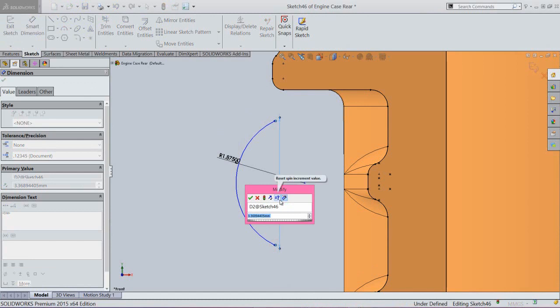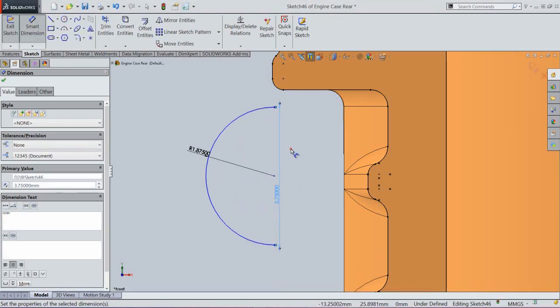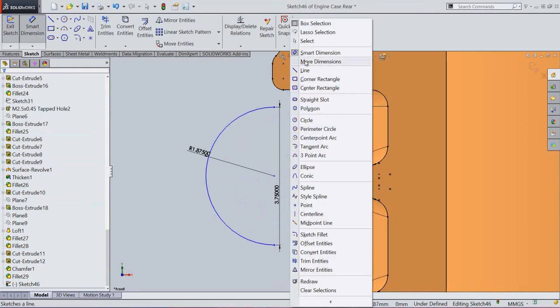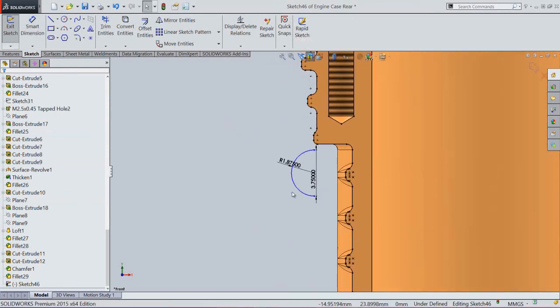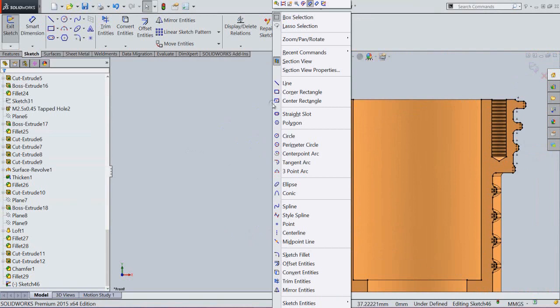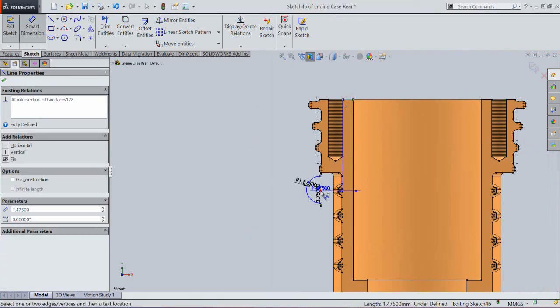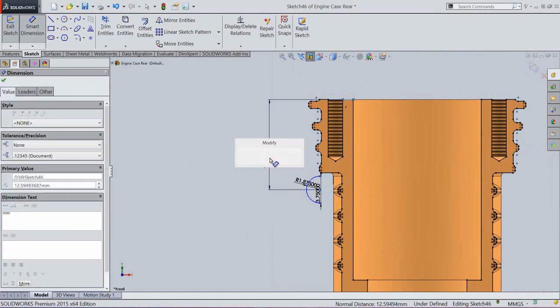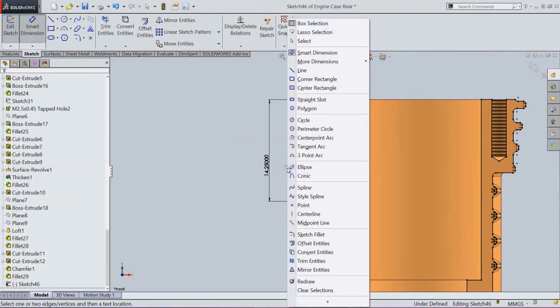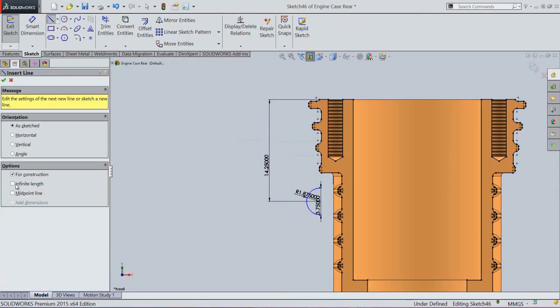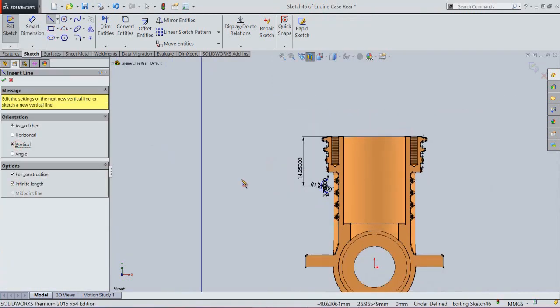Select the dimension between these 2 points of the arc. It will keep 3.75 mm. Now we will add some dimensions here. This dimension will keep 14.25 mm.